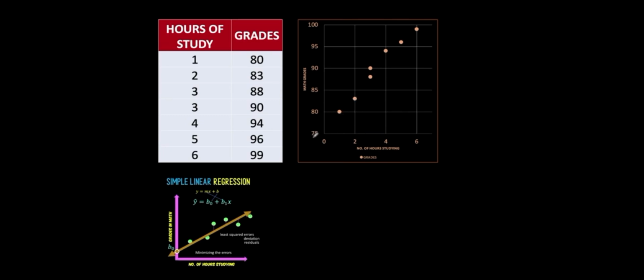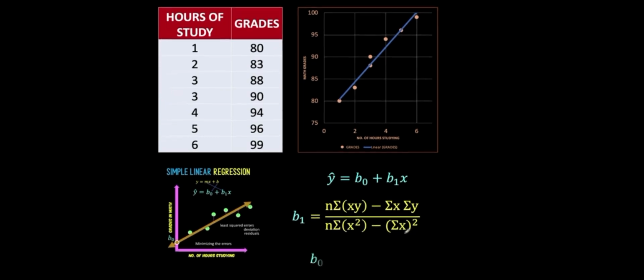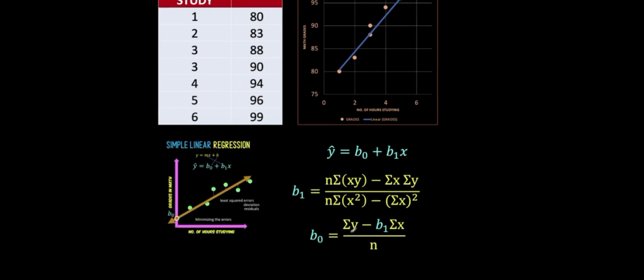When we say we are going to model this distribution by a regression line, we would like to find the equation of the line. And that equation of the line is in the form y cap equals b naught plus b sub 1 x, where b naught is the y-intercept, b sub 1 is the slope. And the formula to find the slope is n times sigma xy minus sigma x times sigma y all over n times sigma x squared minus the square of sigma x. And the formula for the y-intercept is sigma y minus whatever is your computed slope times sigma x all over